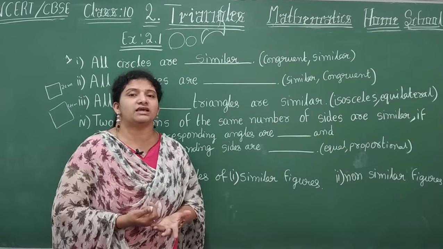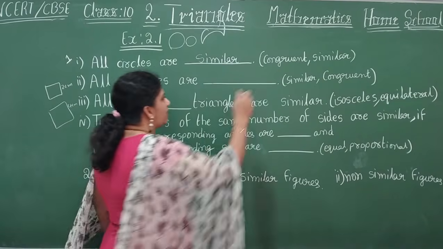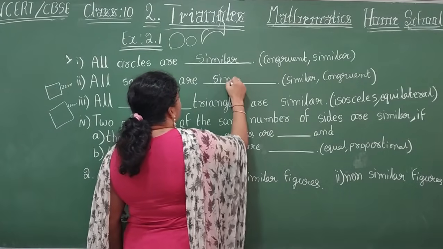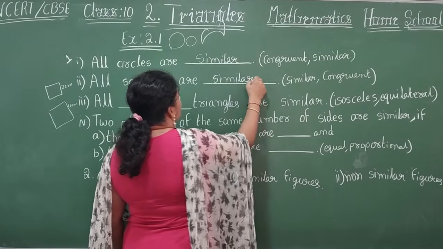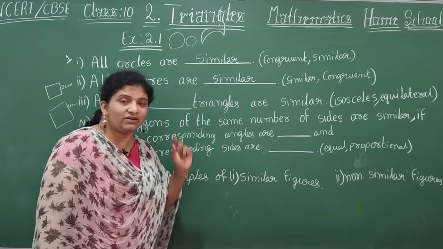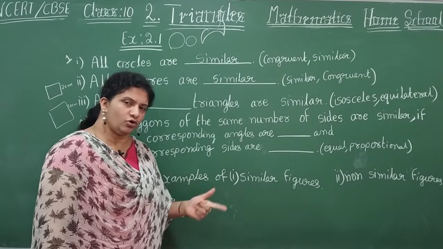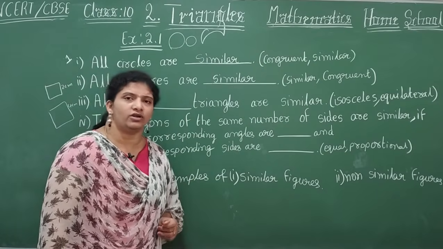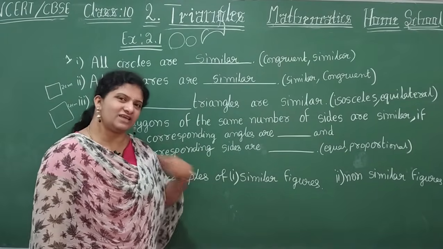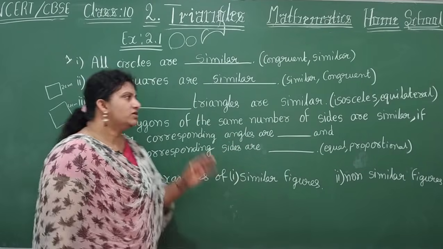So what you can say? Square shape will be same. So we are going to say that all squares are similar. Just they are similar. They are not congruent until we know the two particular squares. If we know only, we can say whether they are congruent or not. So normally when we talk, all squares are similar, all circles are similar, all triangles are similar, I will say. So now,